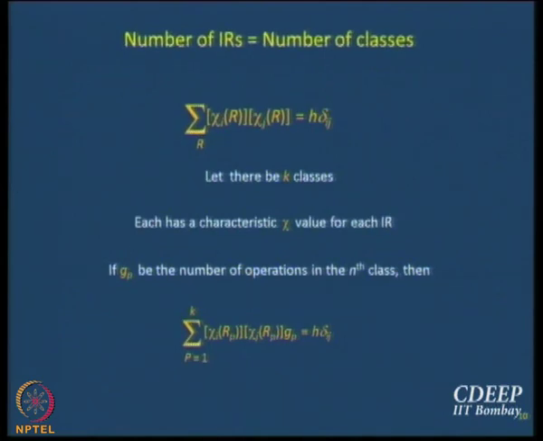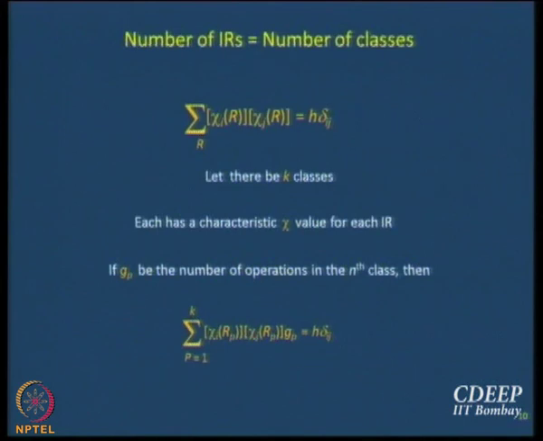In fact, you will see in our subsequent discussion that we will start with this. Remember the question we asked just before getting into this business of matrices and determinants: how do I know the total number of irreducible representations? And this is the answer. IR here does not mean inferior or anything else; it means irreducible representation. The total number of irreducible representations is the number of classes.